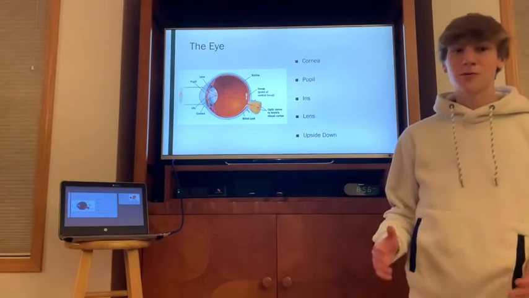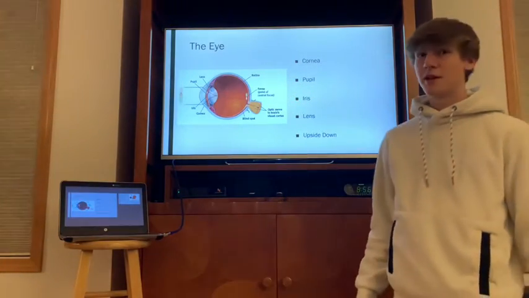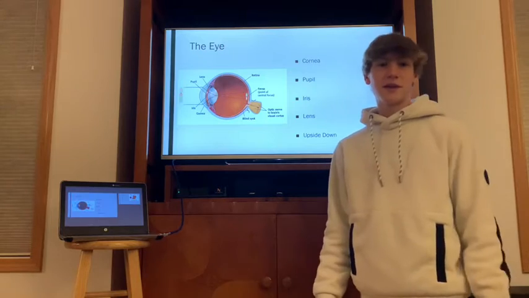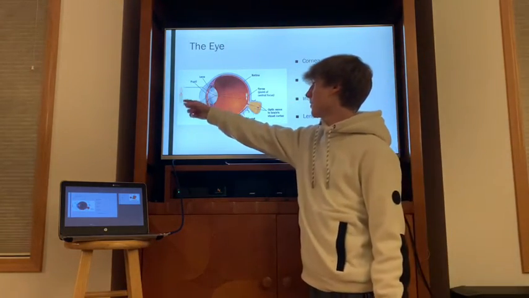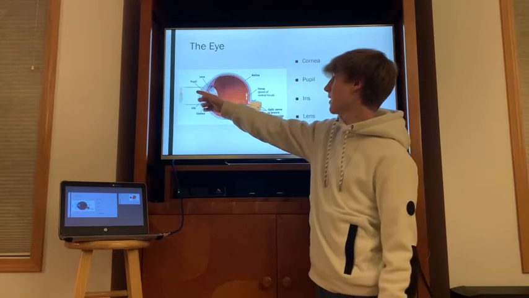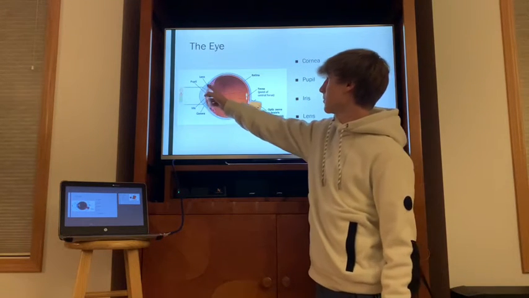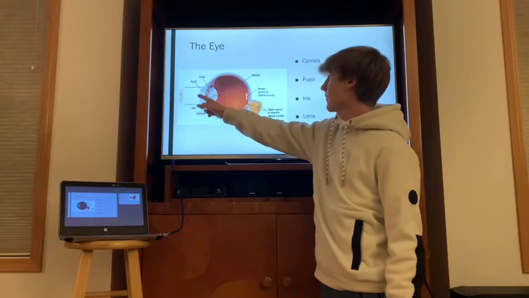Okay, and now we'll talk about the structure of the eye. So, as we've been talking about, the eye needs light to see. And in this diagram, it's shown here by the candle. And the light from the candle gets sent through the cornea, which is this outer layer, and then into the